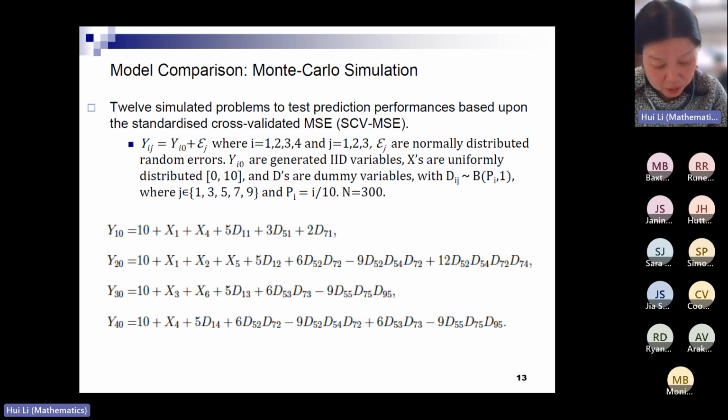So we generate 12 simulated prediction problems to evaluate the performance of the linear regression model, the hybrid tree linear regression model, and the hybrid forest linear regression model before we apply the data. So these 12 simulated problems are typically based on the